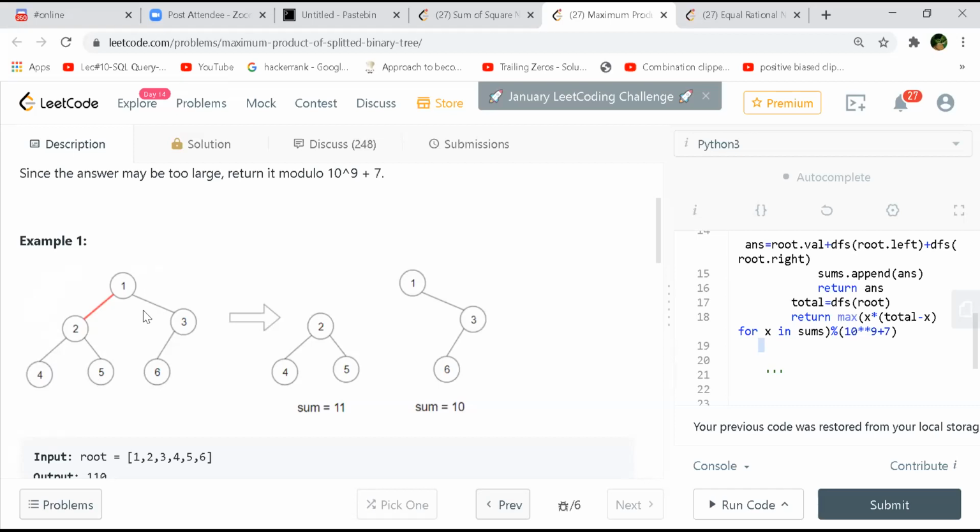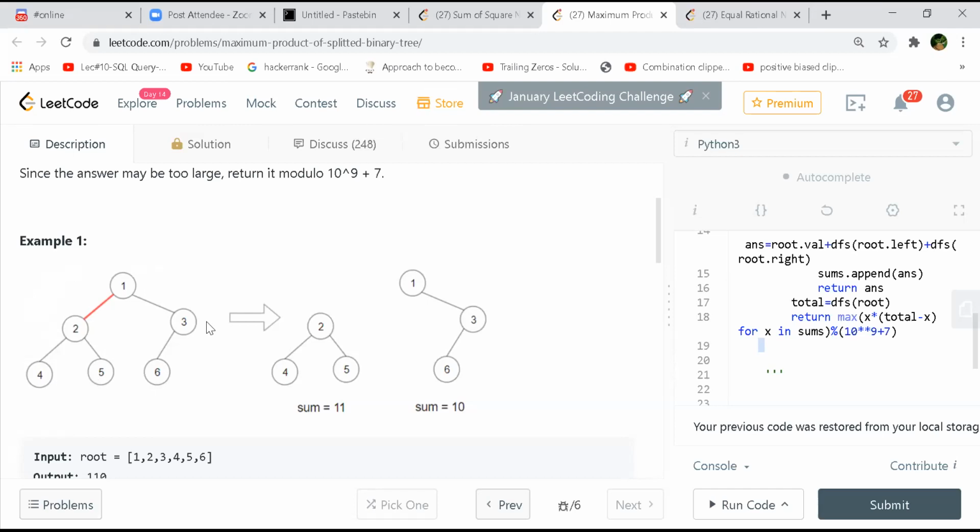So you are saying post order to get all the values of each and every subtree? For that you are referring to post order, right? Yeah, first you do any order, in any order, to get the entire sum of the values. Even post order is fine. After that, you just use post order to get, because